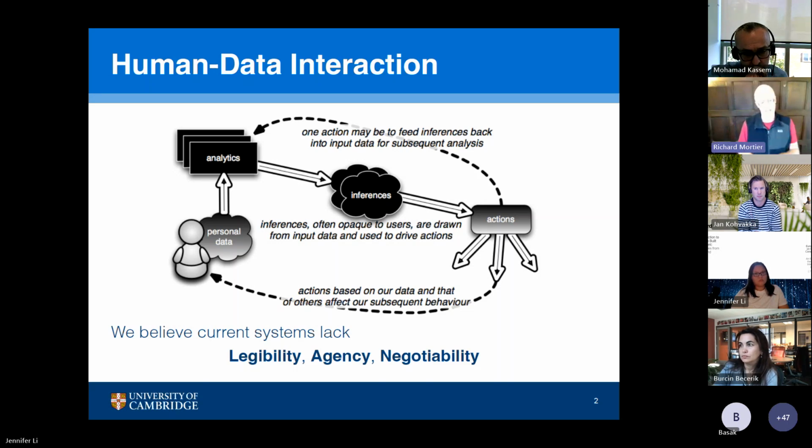And our thinking at the time when we started to try and unpick some of these things was really the best phrasing we could come up with for this was this idea that these systems lack legibility, agency, and negotiability. I was reasonably happy with the words legibility and agency. I think they're fairly well defined and obviously understood. I think negotiability is firstly an ugly word, and it's also not quite so clearly defined. But I'll try and go through what I meant by those now.